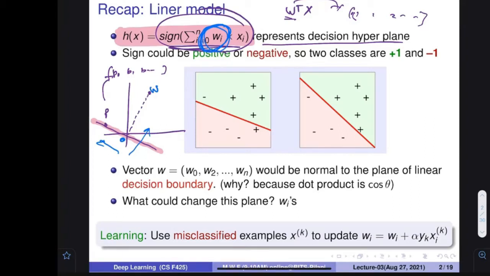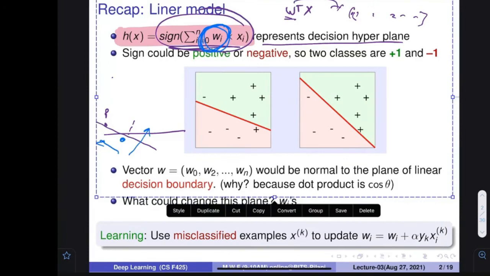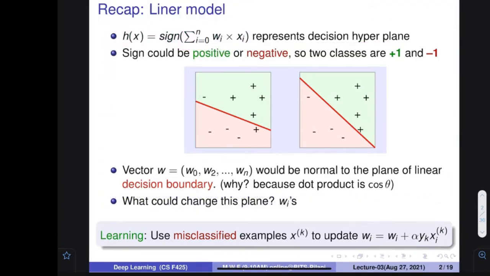Now I want to draw your attention to another point. Let me just quickly clear this and tell you that particular thing. So another point that I wanted to make: let's assume that this is the coordinate system and there is some plane. This plane is passing through the origin, and I just said that if there is some W and you draw that, it would be